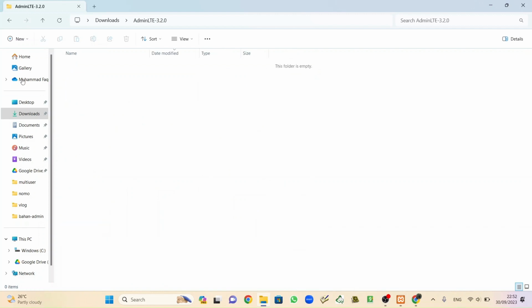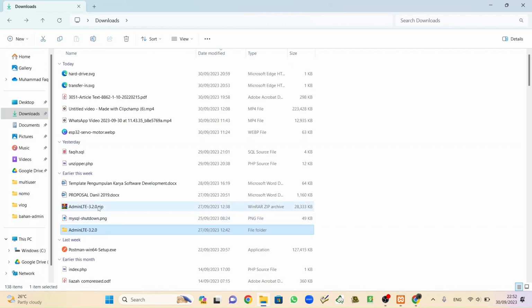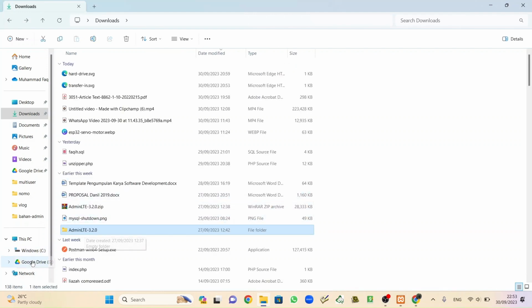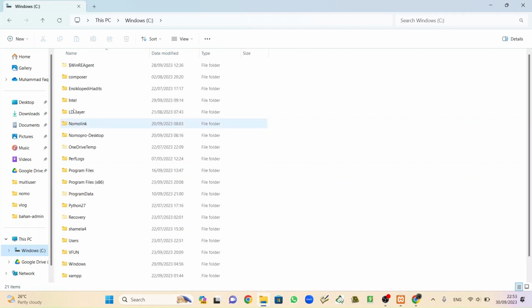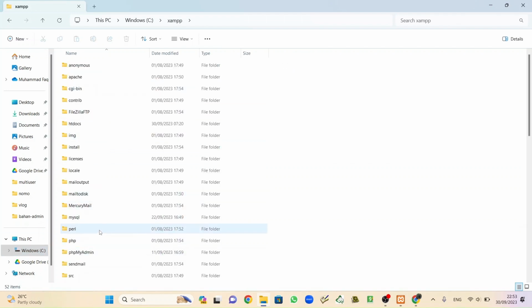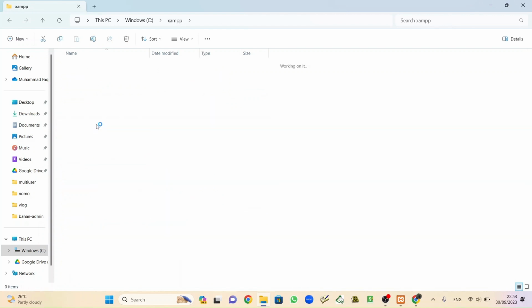Okay, there's nothing because I moved it. So it will look like this, and all you need to do is click the folder and move what's inside the folder, or move this folder to XAMPP, into htdocs.